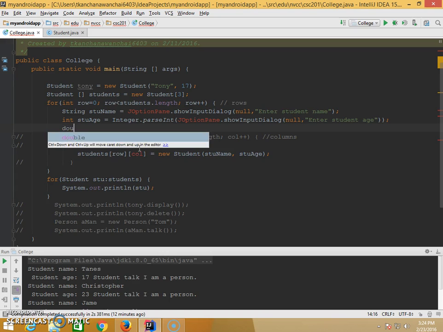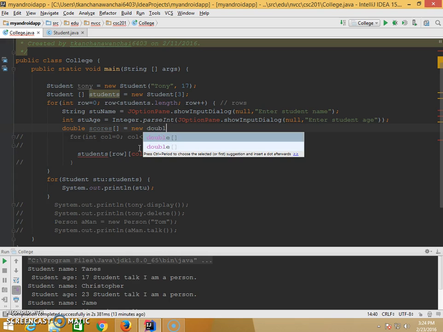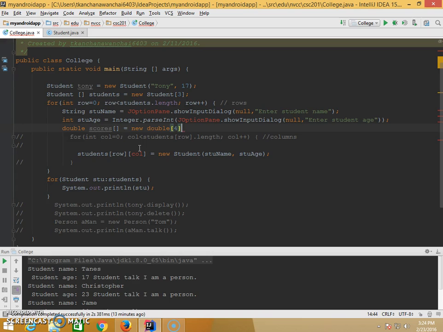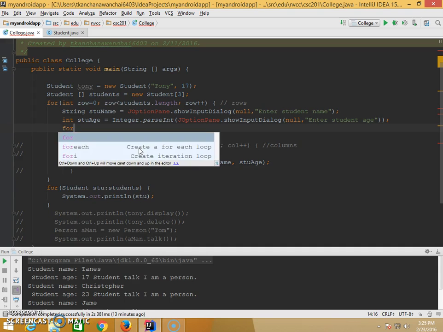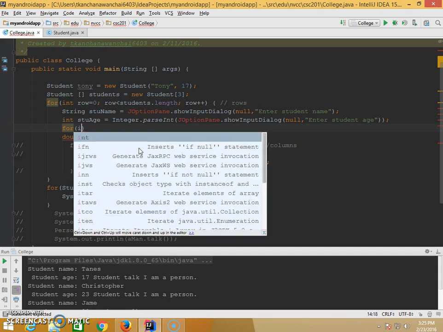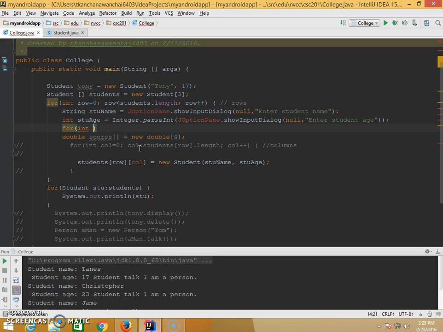Like double[] scores equals new double. The size, if we talk about 4 scores, is 4, and then we do a for loop, for I equal to 0, I less than